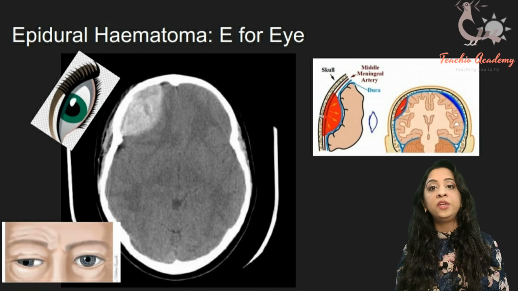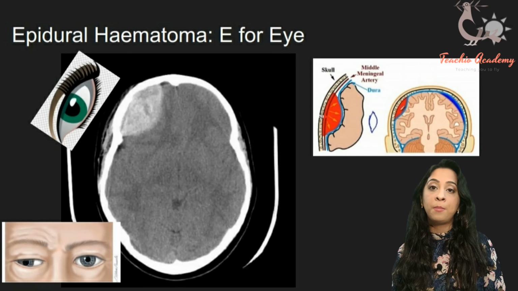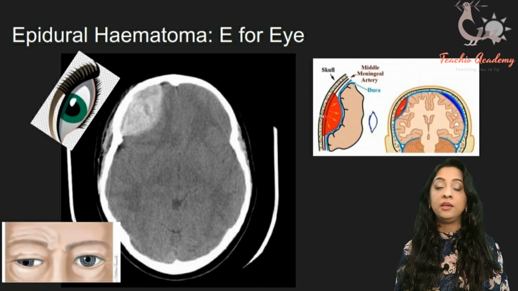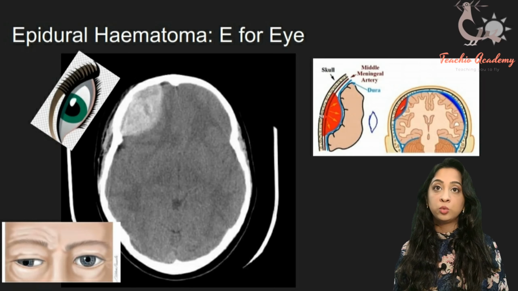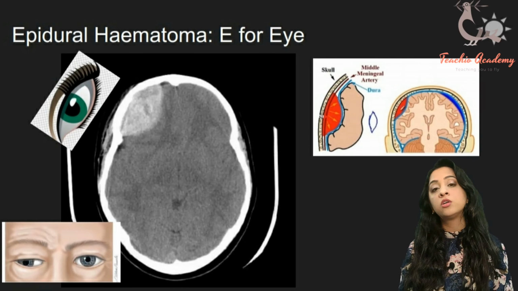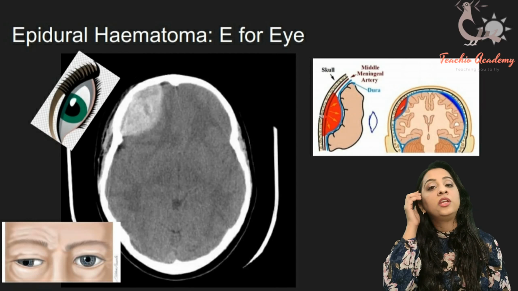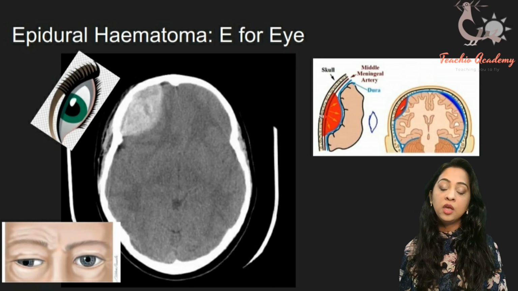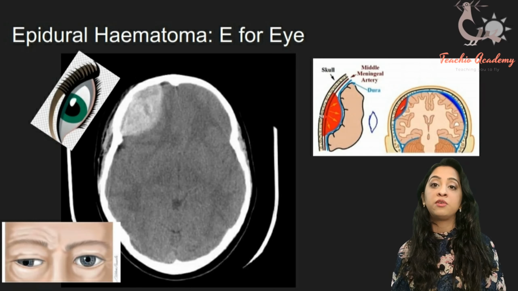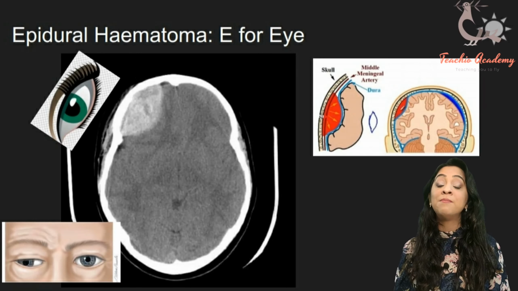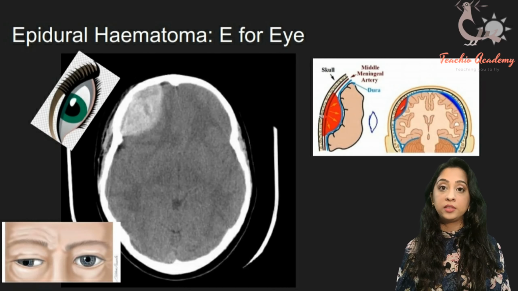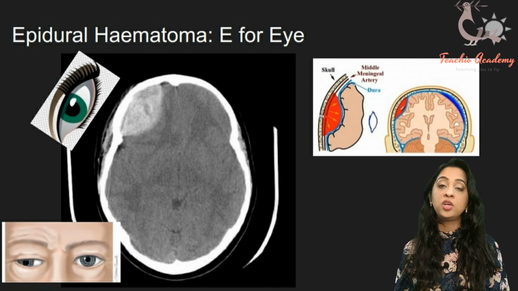Why is it called an epidural hematoma? Epi means above, dura means the dura mater that we discussed. So it's a bleeding on top of the dura mater. So the most common cause of this is a traumatic injury. So when somebody has, for example, a high-speed road traffic accident, which is often the question given on your PLAB 1 exam, they might have a fracture of the skull. And the most common artery which is affected is your middle meningeal artery.